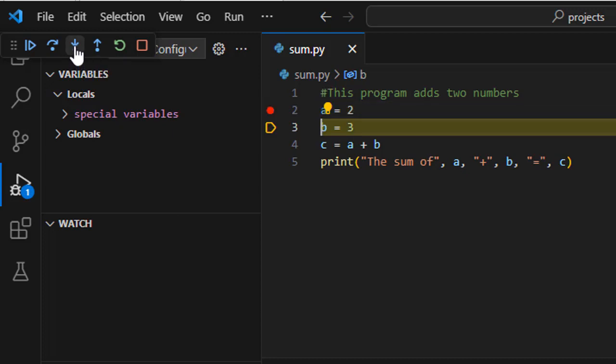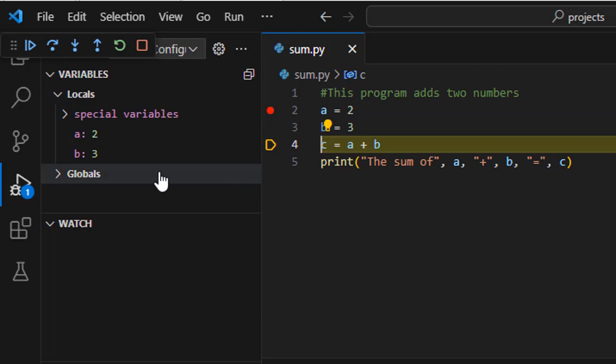Let's go ahead and step. So then this line of code has run. So we've declared a and set it equal to 2. So notice here we got a in memory, the name of the variable, and then the value is 2. And then we'll run the next line, so next step, and so now we have b in memory with the value of 3, and then we'll have c,